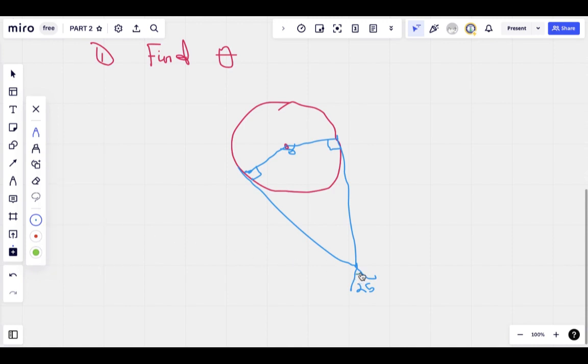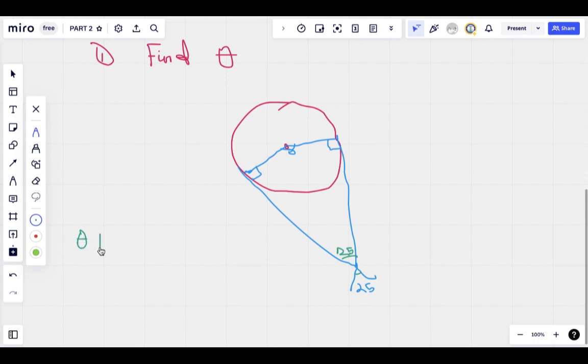If here is 25, here will be 25 because they are vertically opposite. You know, when two lines cross, then the angles will be vertically opposite each other. We treated that yesterday. So this will be 25. Okay? So to find this, we will say theta